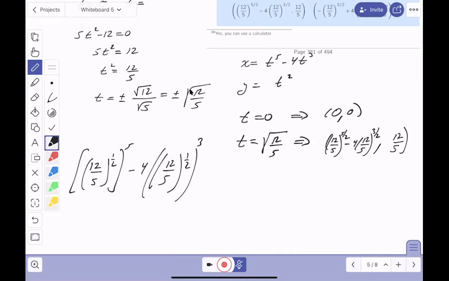All right. What's the next one going to be? Well, it looks pretty easy to do. That's minus this over here. I'm going to plug it in. The y is really easy to plug in, and you square that, you get 12 fifths. Oh, the x is more complicated. Let's write this down. So it's going to be minus